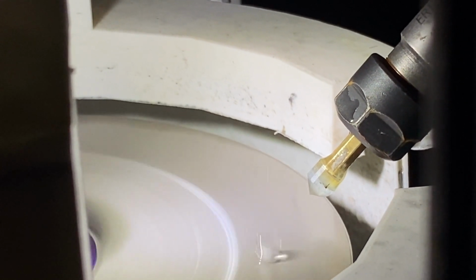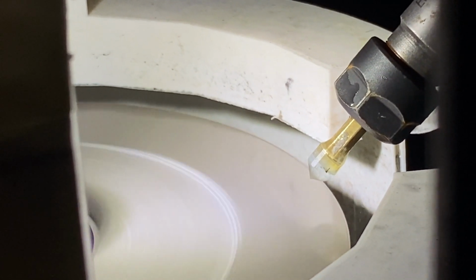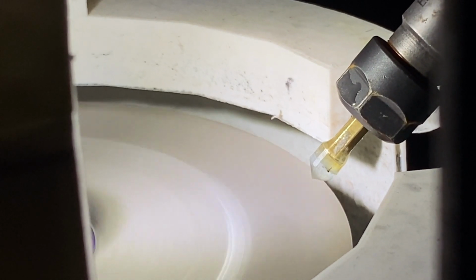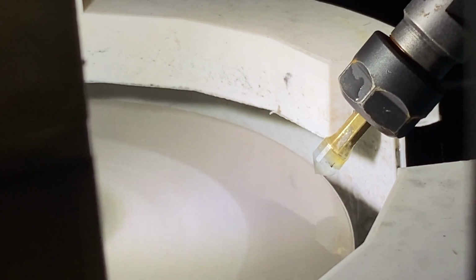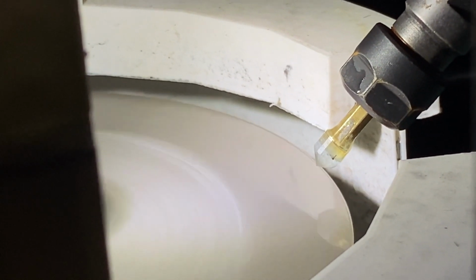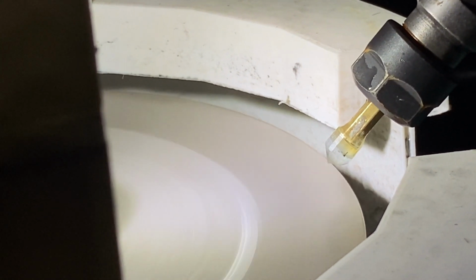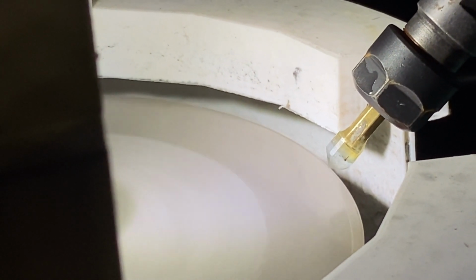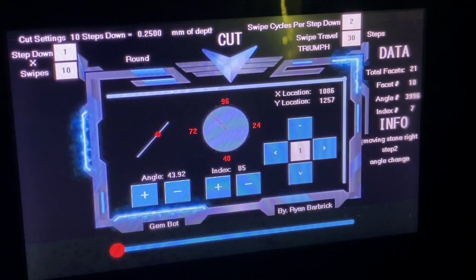So here we are moving to the P2 facets, group 1. And this is where I'm going to adjust 4 steps up to adjust the depth. Just moving the stone right. It's going to change the angle, and then we're going to reset it to the wheel,